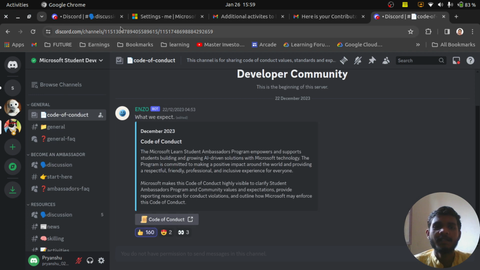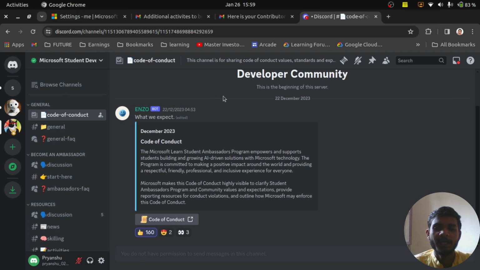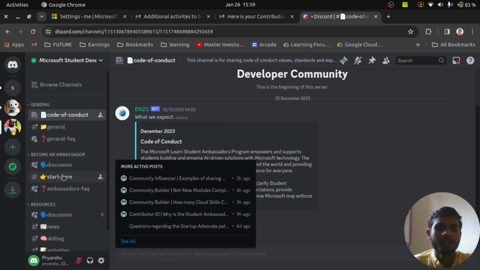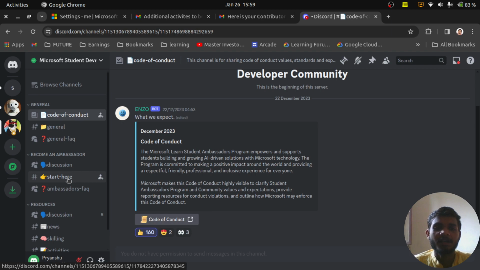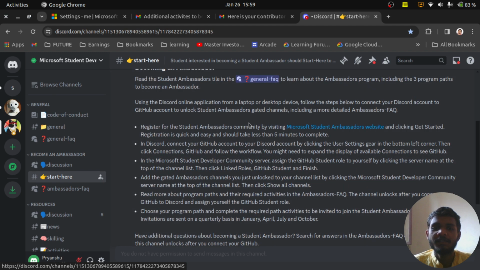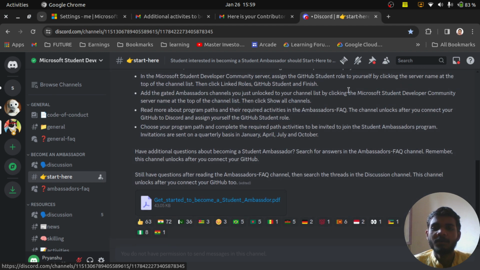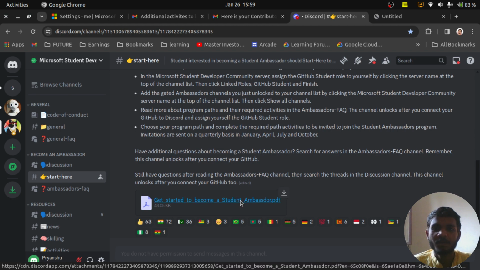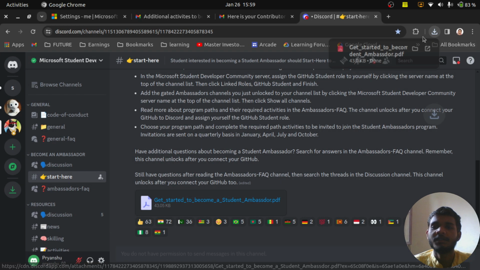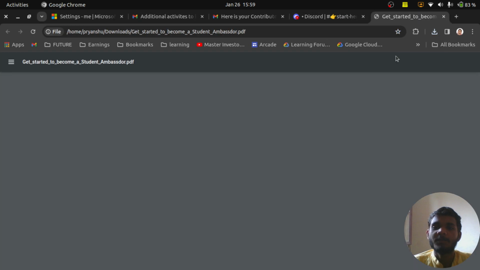After that, this is the brand new tab you will get to, and after connecting the account, there will be some servers that will be open for you. Okay, so these are servers. Here is an option, start here. Click on here. After that you can read all these things to know what we have to do and what next. After that there is a PDF. Open this PDF. I am downloading this PDF. Yes, now I am just opening this PDF.